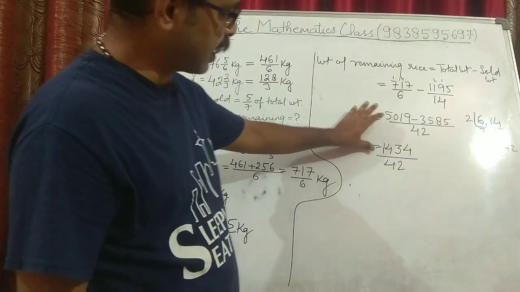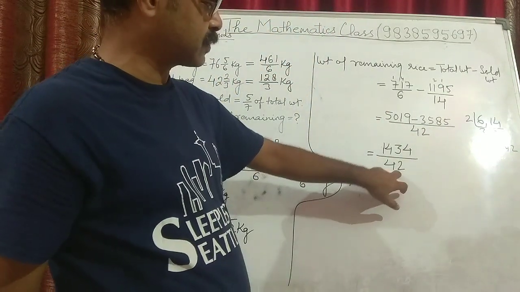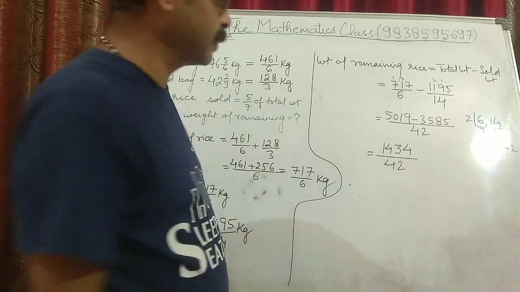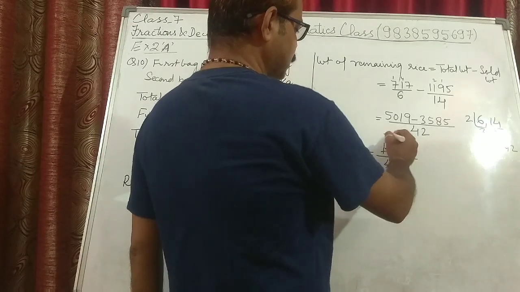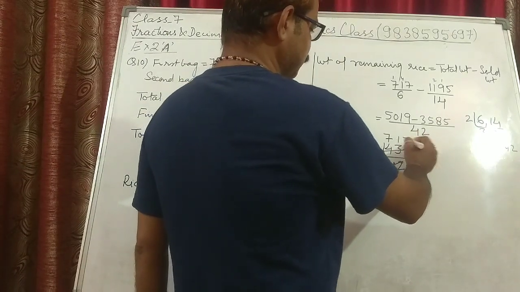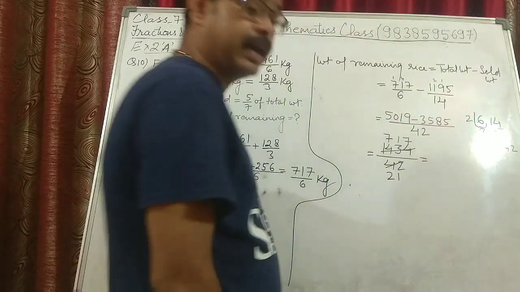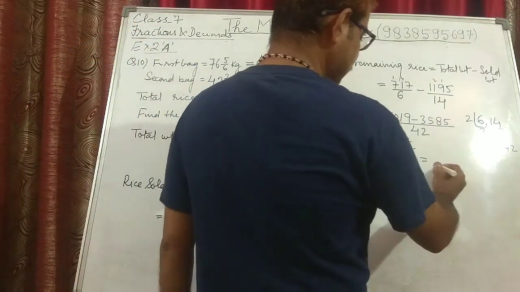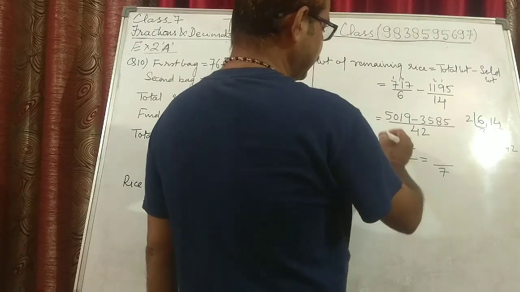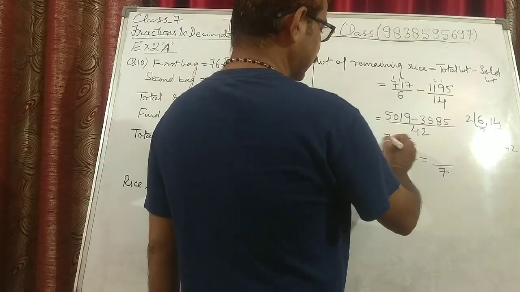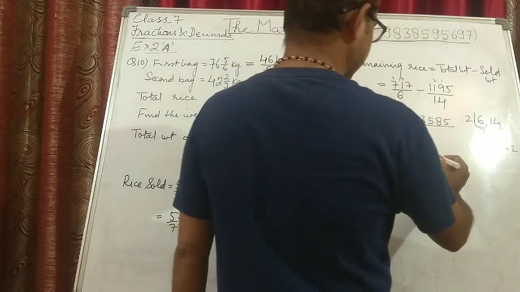This fraction can be cancelled by 2 because they have common factors. This 4 at the end can be divided by 2. So 2 2s are 4, 2 1s are 2, 2 7s are 14, 2 1s are 2, 2 7s are 14. This 717 and 21 can be divisible by 3. So 3 7s are 21, 3 7s are 21, and 3 2s are 6, 11, 3 3s are 9, 27, 9s are 27.